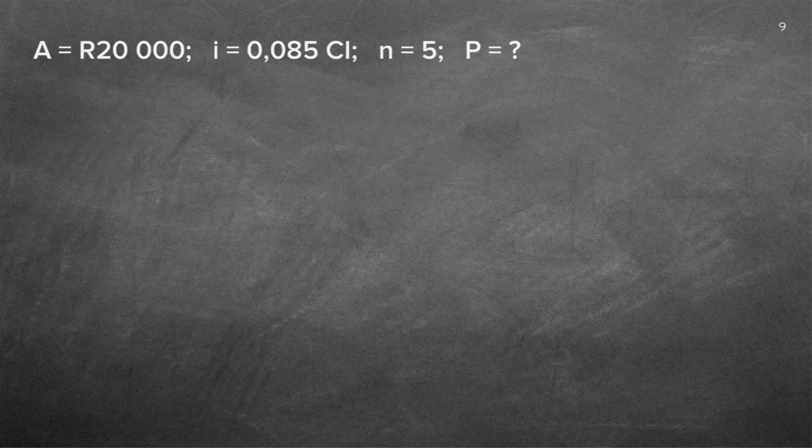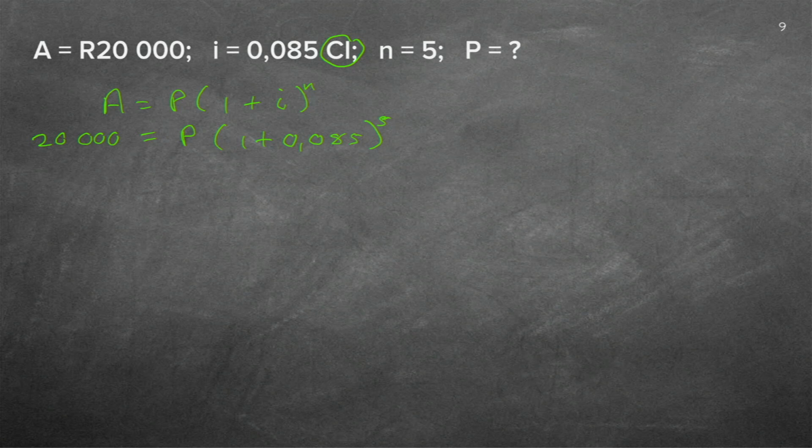So if we go to our empty page, I'm going to write down my compound formula immediately, before I forget, it's compound. And remember, a little bit more complicated, exponent, compound interest. So now I have the 20,000. I do not have the P. My interest is 0.085. Compound. That's why I have to the power of 5 there.